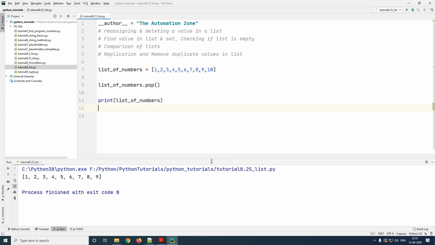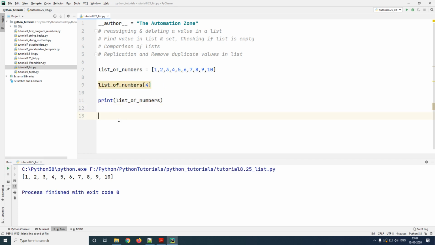So now if I run it, we shall see the last element, which was number 10, is no longer inside of my list. There is another way to delete a value, and that is to specify the index by using square brackets. So if I want to delete the number at the 4th index, I specify it in this particular manner, and before the particular value I give the keyword called del. So to reassign you use the equal to sign, and to delete you use the del keyword. Now if you run it, we shall see the number 5 again no longer exists in my list.